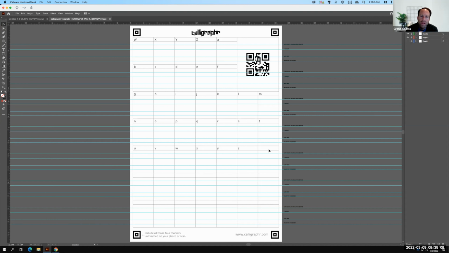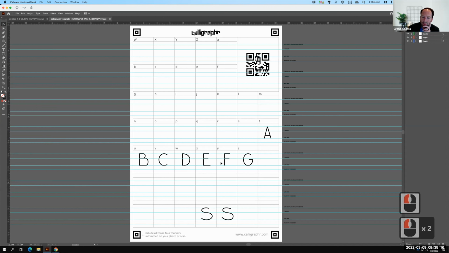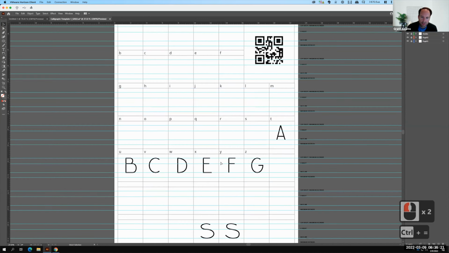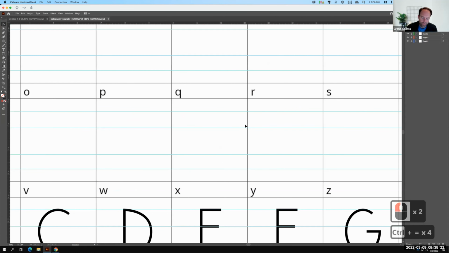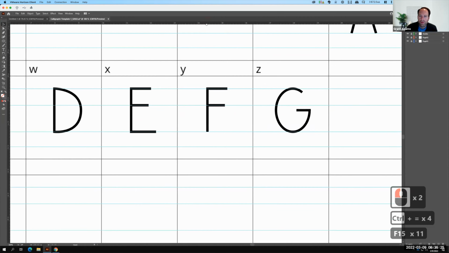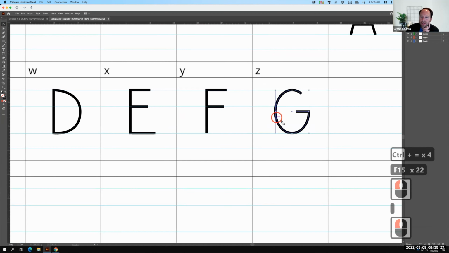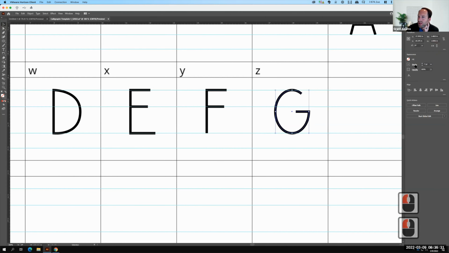I'm trying to think of anything else that might be beneficial for you with the pen tool. Let me turn those back on. When you're done creating your letters, again, that's the most important thing. We can play around with some of the other options. Let me press Control+ here. We could look at, say, this letter. If we go over into our properties, you can see that there is more,